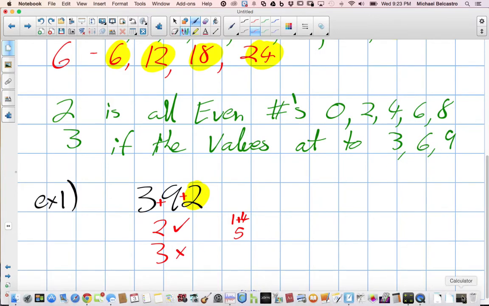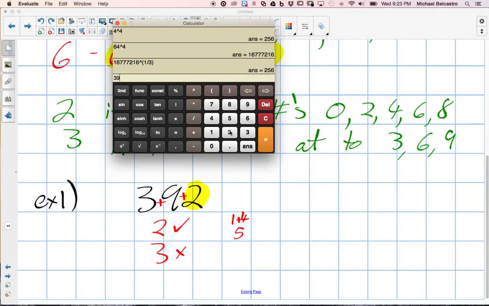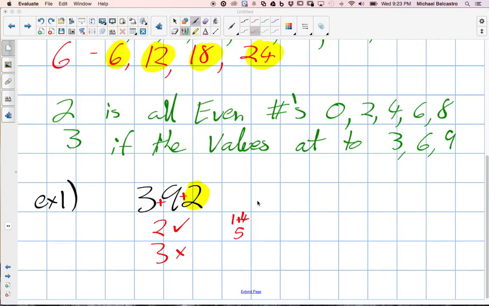So what that means is if we type this in, 392 divided by 6, 6 does not go in evenly. We get a remainder or a decimal value. So that value is no good there. Let's try the next number up,